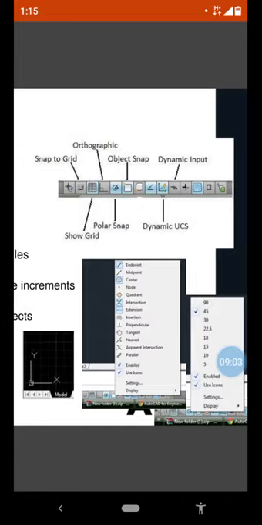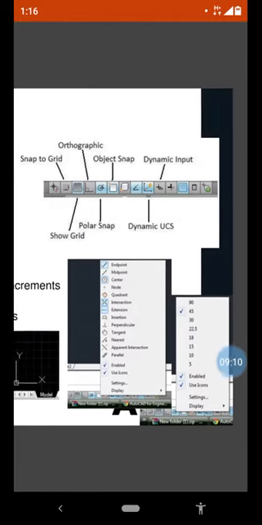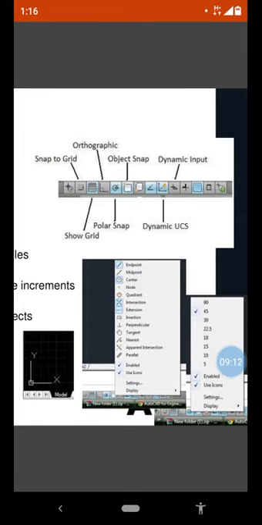Dynamic input is very helpful, because whatever dimension or value you are entering, you are able to see it if the dynamic input option is on. That's why it is very useful while drawing.